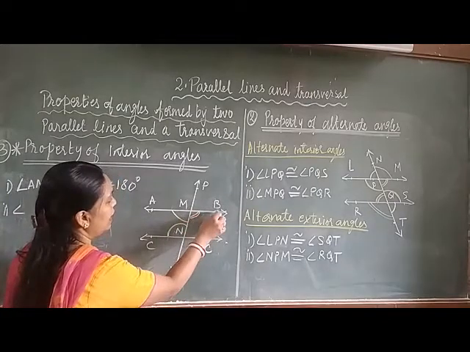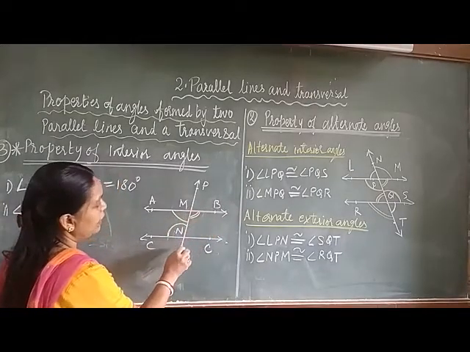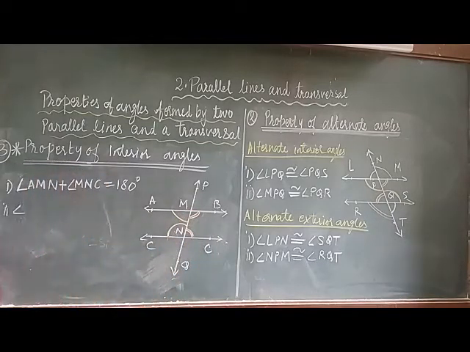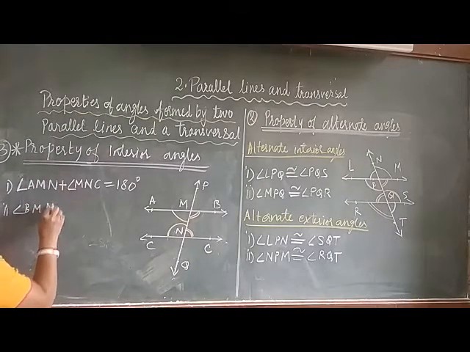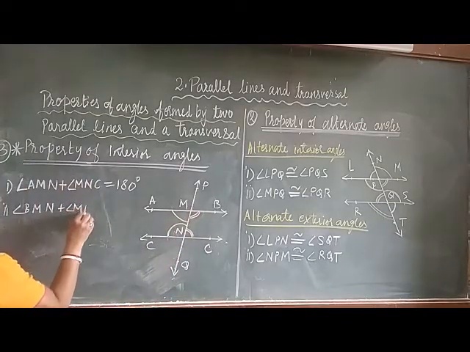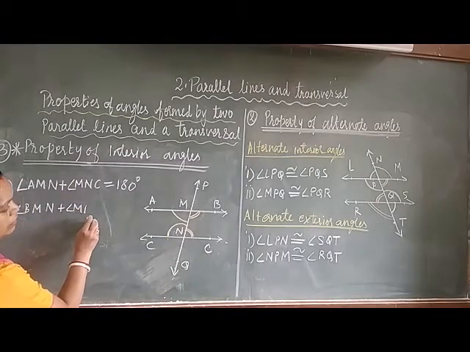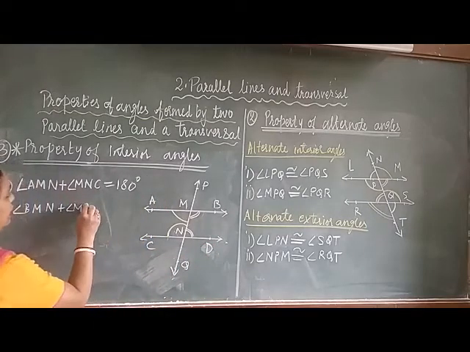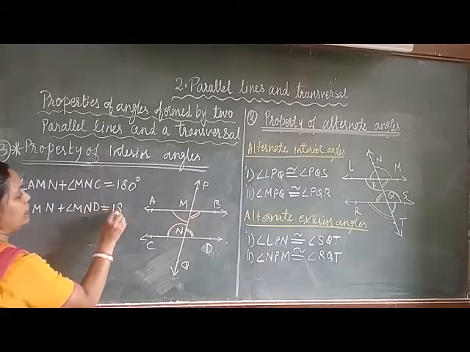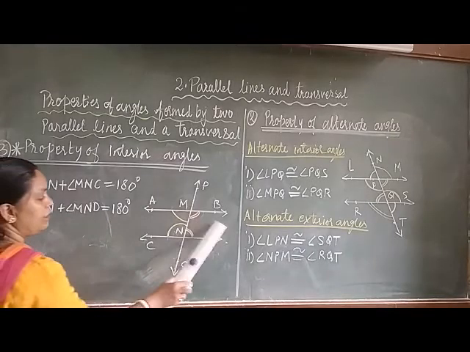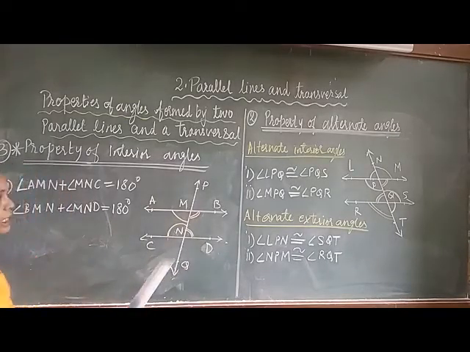Second pair. Suppose I take angle BMN, then angle MNC. Okay, interior angles. Angle BMN plus angle MNC. Here it is B, M, N and D, which is 180 degrees. So, two parallel lines AB and CD are parallel. PQ is the